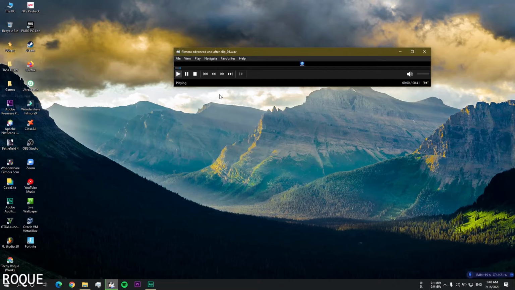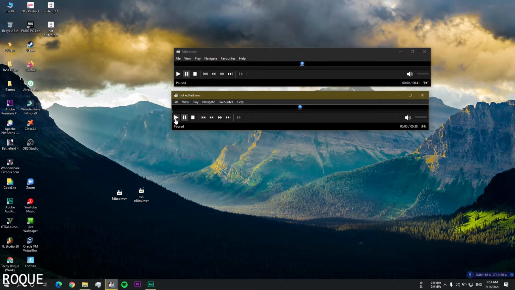So now next is the preview render. So here you can see when you play a most advanced video that contains lots of effects, your CPU will not be able to render that video in real time. Second clip is the non-edited and first clip is the edited. So when you click render preview, this will